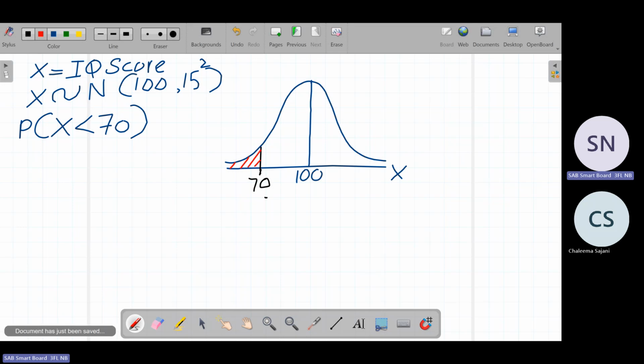Now we have the x values. This is the normal distribution. The first step, we need to convert this normal distribution to the standard normal distribution. Then these values are in a different form, no? Okay, then we need to convert all those values to the standard form. Okay? In the A-level,